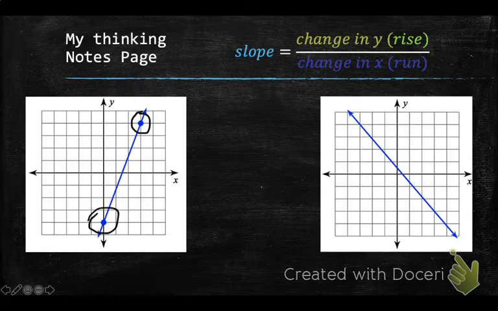All right, so we count rise first, always count up or down first. So we're going to start at the lower point and go to the higher. You can start at the higher and go to the lower. It does not make a difference as long as you are counting up or down first. So we're going to rise. 1, 2,